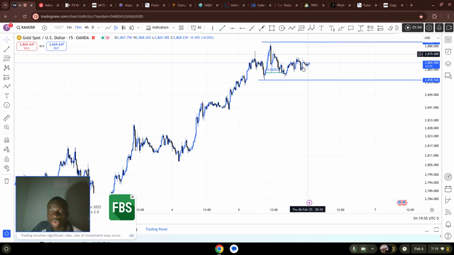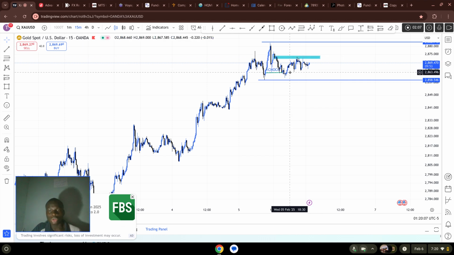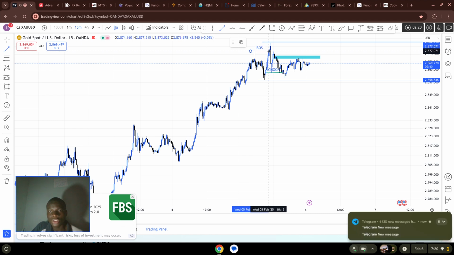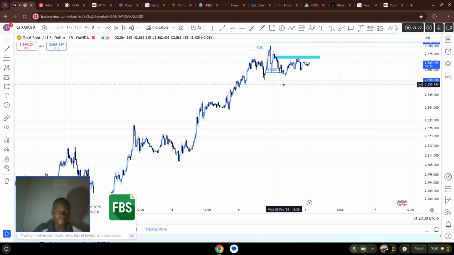Now expect the market to pull back towards the supply zone here. That's what we are expecting of the market. What I'm anticipating is that we had a break of structure from this point here. The market came back, changed character, and there is another break of structure here. The moment the market breaks this structure and the candle closes below,